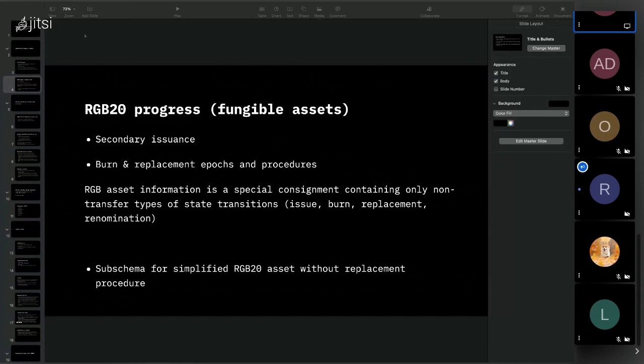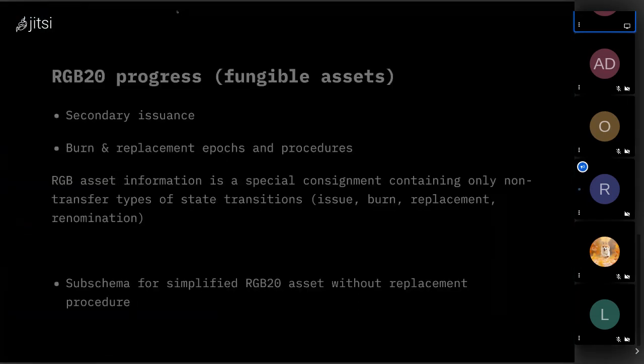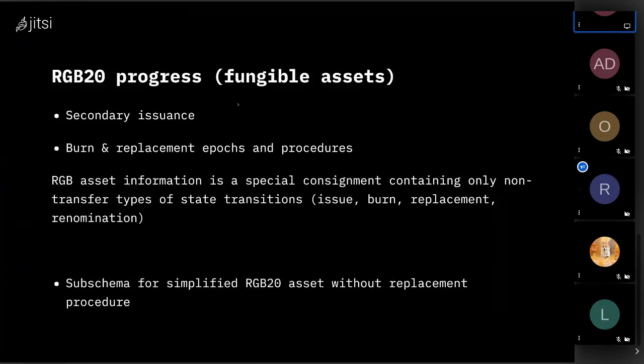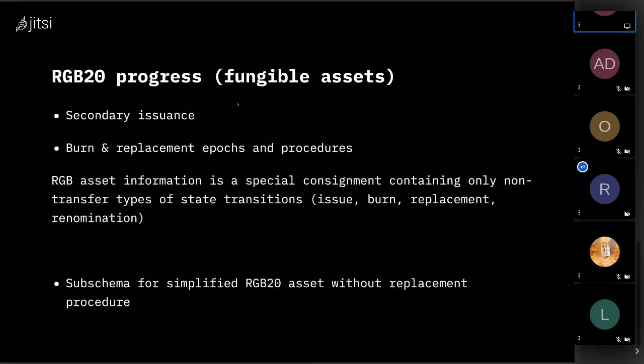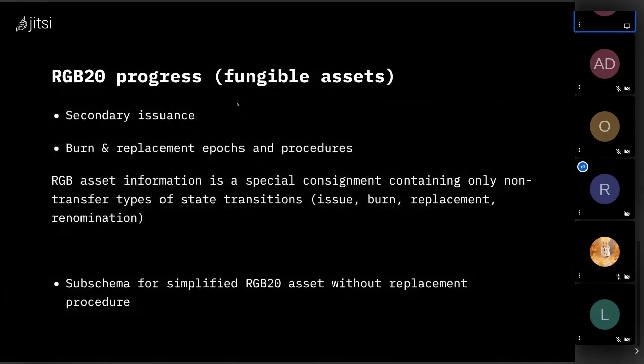Just a quick question. Can you elaborate a little bit on why one might require the subschema? When will that be required for any specific type of assets that they want to issue? This is required because the replacement procedure,